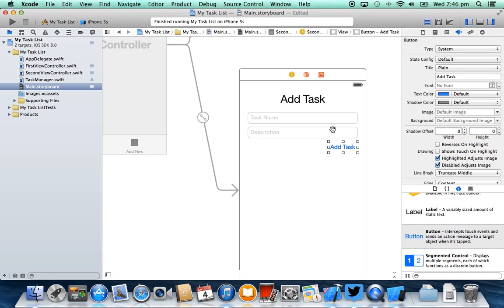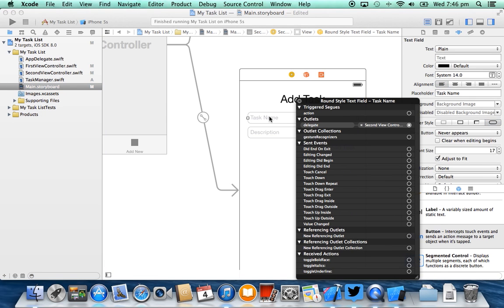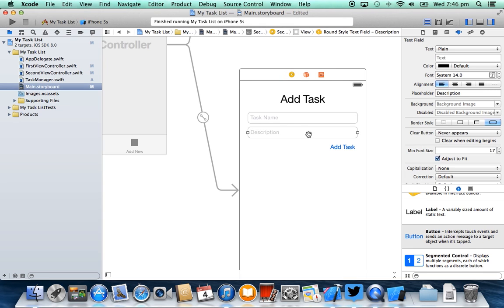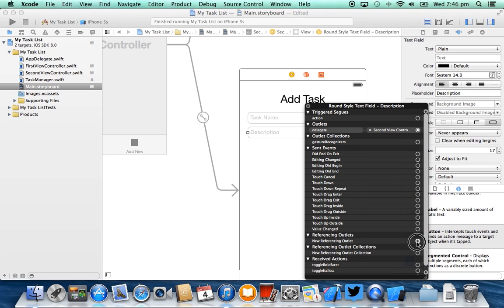The next thing we need to do is tie this task name and the description text boxes to the outlets that we created inside of the second view controller. So if you right click on that and you go down here to the referencing outlets, we basically need to drag this plus here over to the second view controller, and we're going to assign this one here to txtTask. We're going to do the same thing for description. We're going to drag the referencing outlet back to the view controller, and I'm going to set this one here